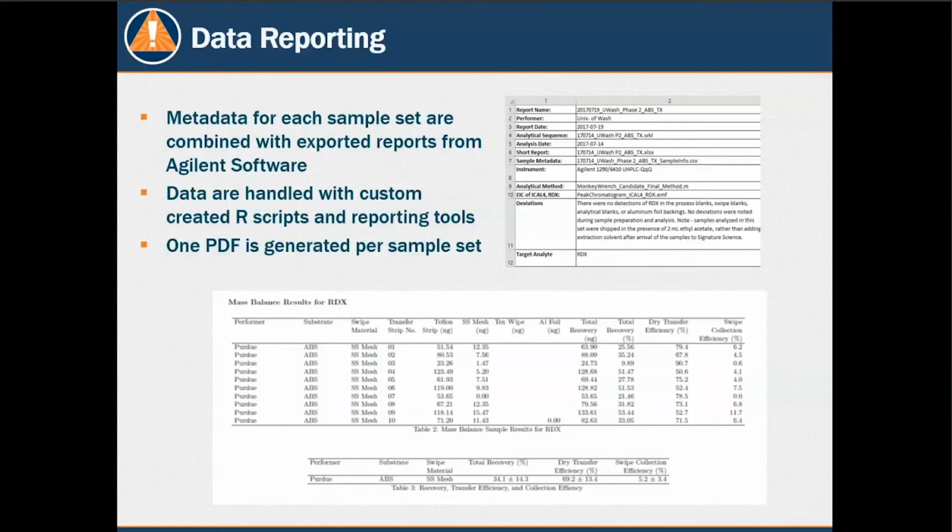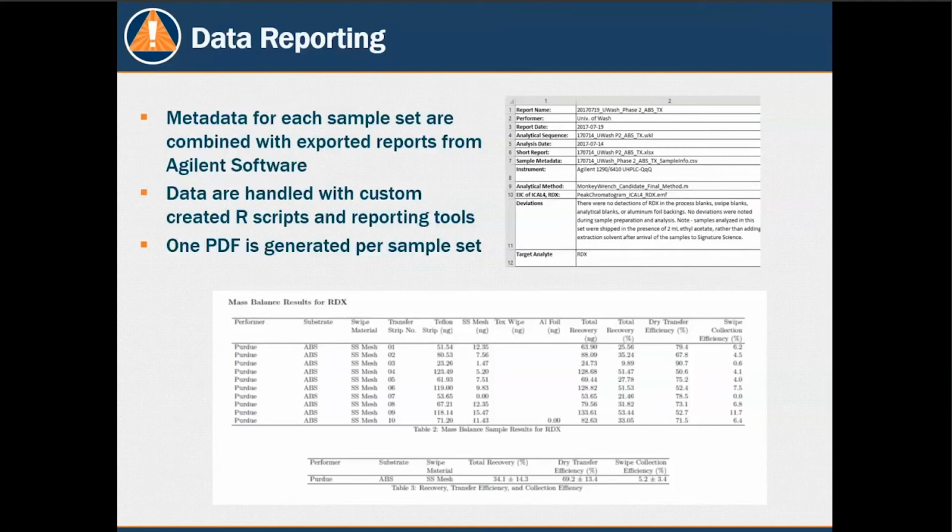That's a very small portion of the metadata that would be associated with each sample set. And then on the bottom is kind of an automatic output of what we got from the R script showing who sent us a sample, that's the performer, the substrate that they used, the swipe, which transfer strip, how much was left on the transfer strip, how much was on the stainless steel mesh, how much was on the aluminum foil, and then essentially a total recovery based on how much we expected to get,